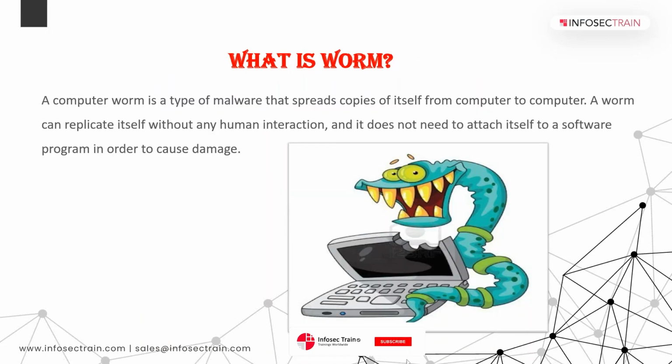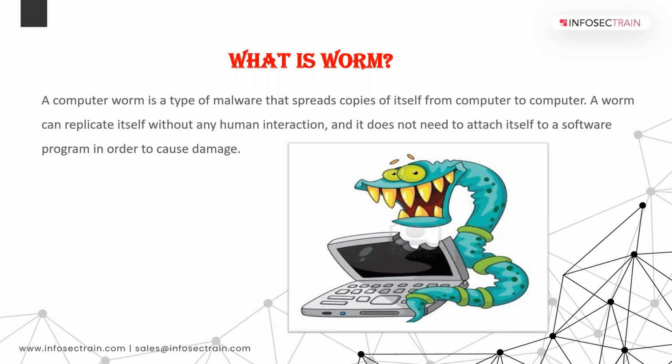A worm is a standalone malicious program which spreads from computer to computer. A virus replicates within the system, but a worm replicates from one system to another in a network. Unlike a virus, it has the capability to travel without any human action. A worm takes advantage of file or information transport features on the system.